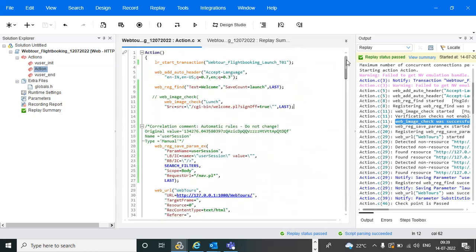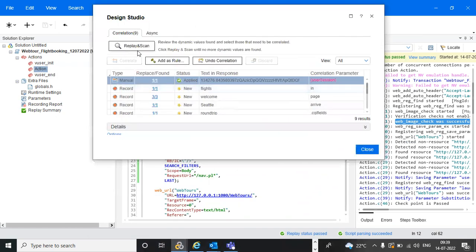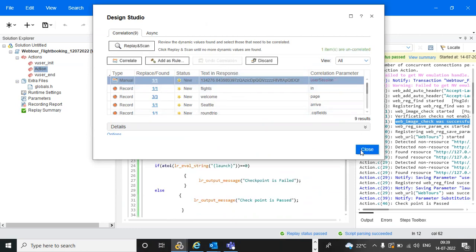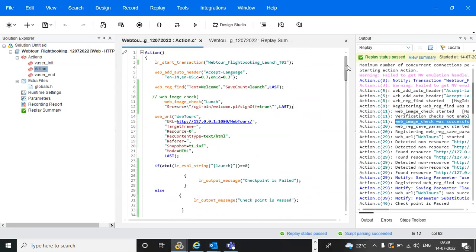One more thing I will explain, maybe how much time we have. Okay. Correlation we can do in one more way also. Undo correlation. So now we know the manual correlation, we know the auto correlation, and the same as what will